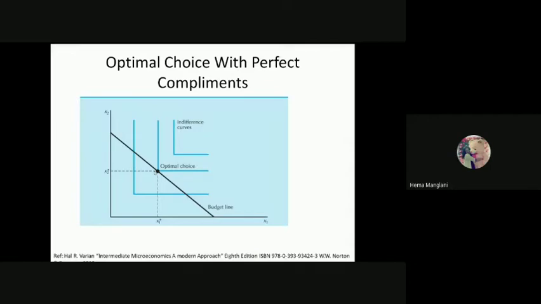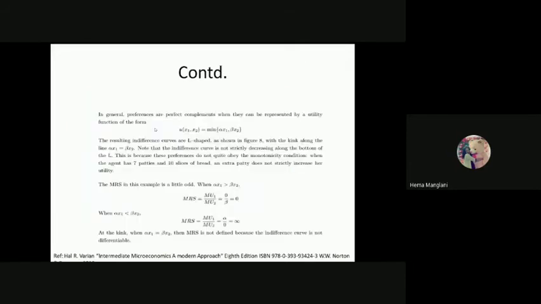Then we have optimal choices with perfect complements, as we were discussing about this kink. So we have the kink over here also, and this kink is saying that we cannot define the MRS. The reason is that both of the goods are necessary for consumption or for completing the consumption. So if this becomes zero, then there is no utility of the other good. So the optimal choice, and after that, we can understand more about these perfect complement goods.